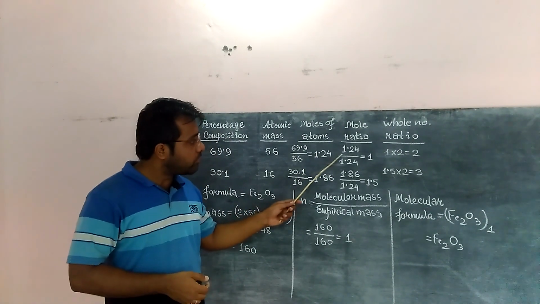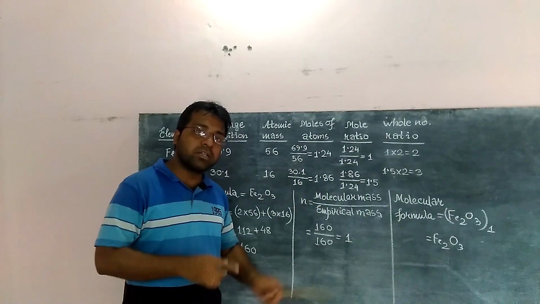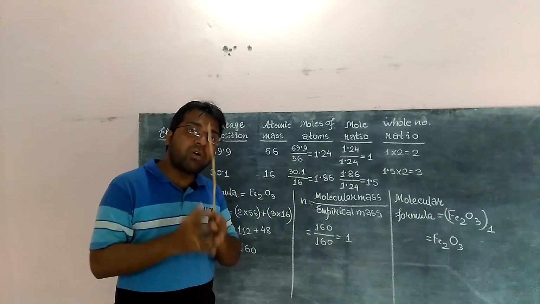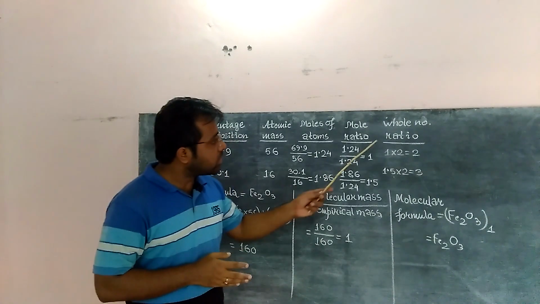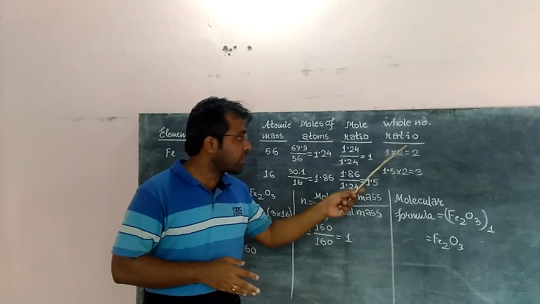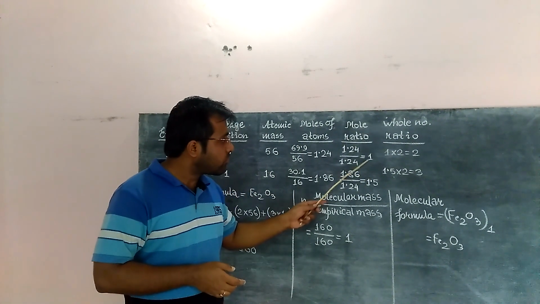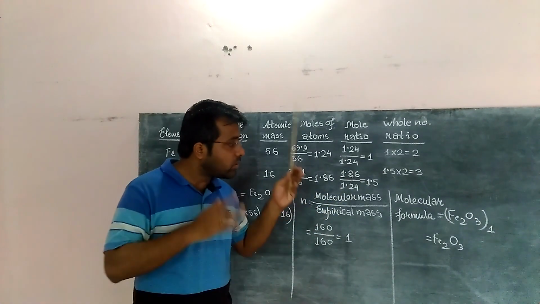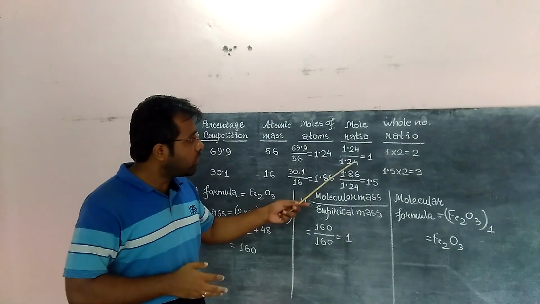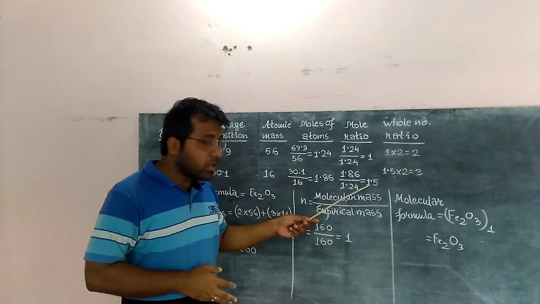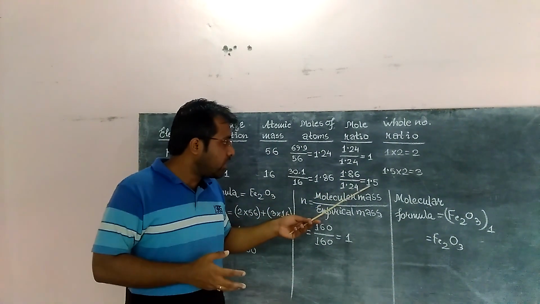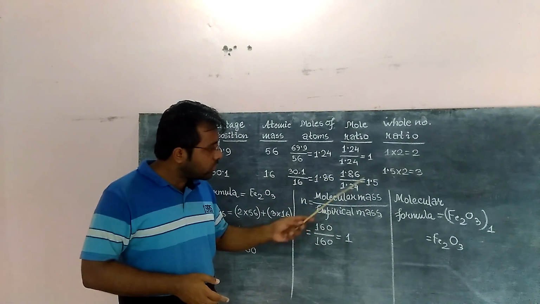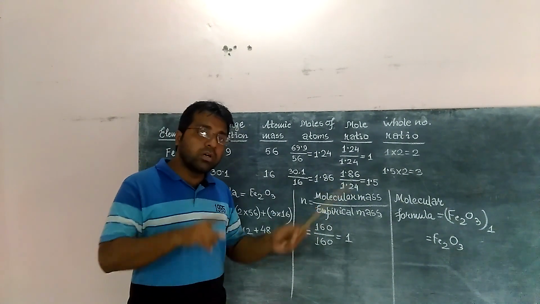If we divide 1.24 by 1.24 it exactly gives us 1. And what about this one? Here we are getting 1.5. So here I want to mention why I have considered this category, because if somehow these values do not appear in whole numbers, then we need to convert them into whole numbers. Otherwise, if they appear as 1 or 2 or 3, then no problem. But if they appear as shown here, then we need to convert them into whole numbers.